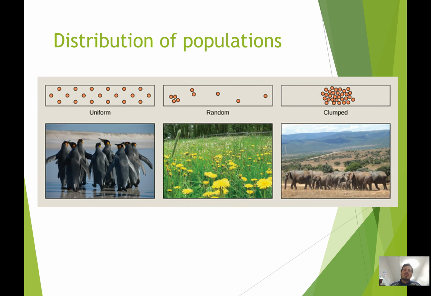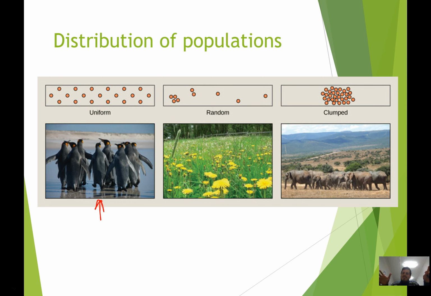Okay. All right, so populations have lots and lots of different types of distributions. You've got uniform distributions, and penguins are a funny animal that do uniform distribution in that they're quite able to, let's say if they live in a certain environment, especially during laying season, they're going to set themselves up with a pretty equal amount of space between each other.